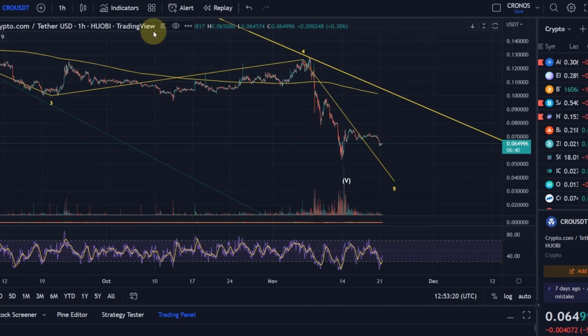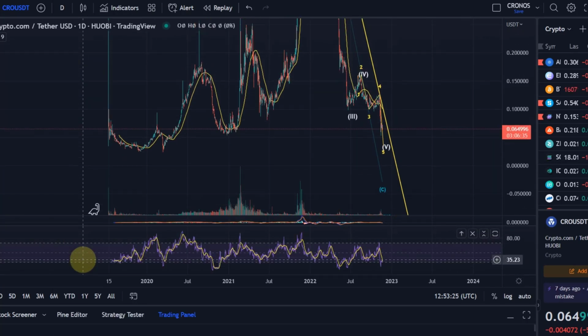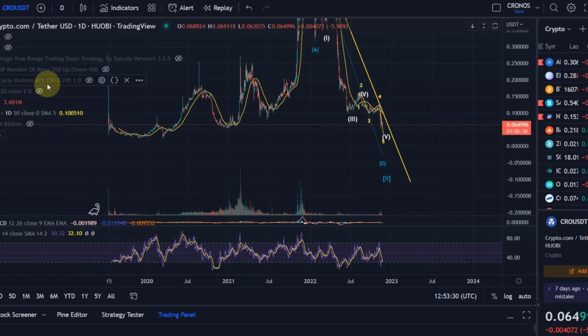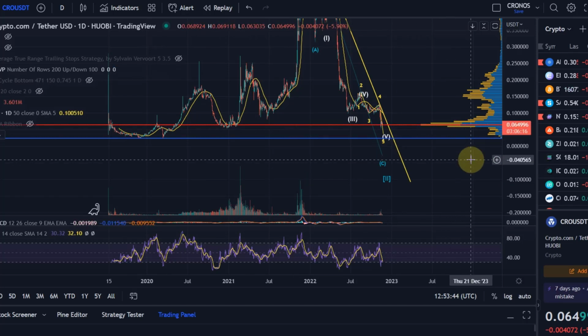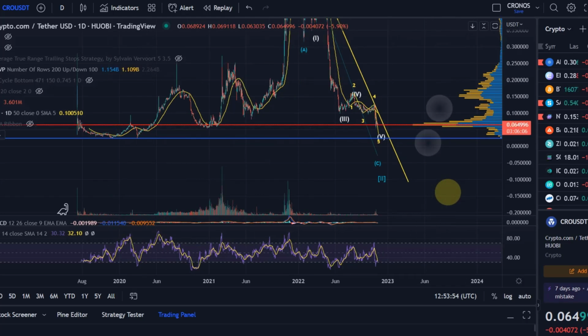Zooming out a little bit, I think in the last video we already talked about key support levels for CRO, and we were getting quite concerned because there isn't too much left, and we can just see that those exchange tokens are just suffering. If you zoom out to the historical areas of trade where you had most volume, that was really in the region around 6.5 cents. Basically, you could argue that's exactly where we are now. So that is the region where if you drop below that, it's probably going to get very